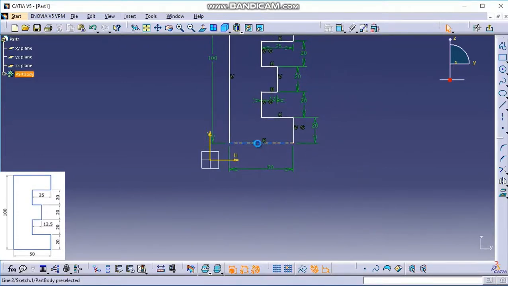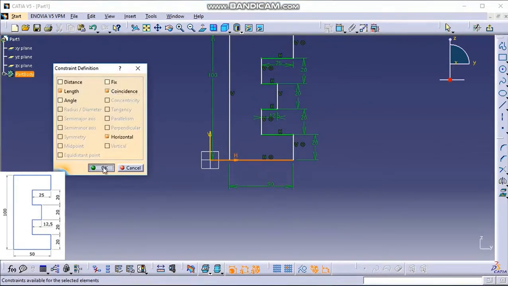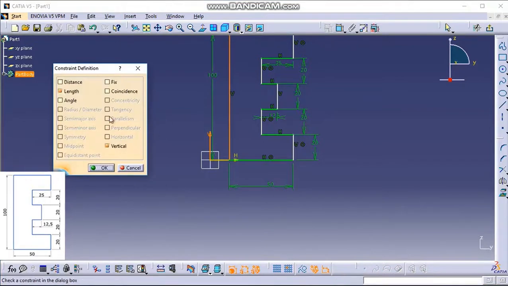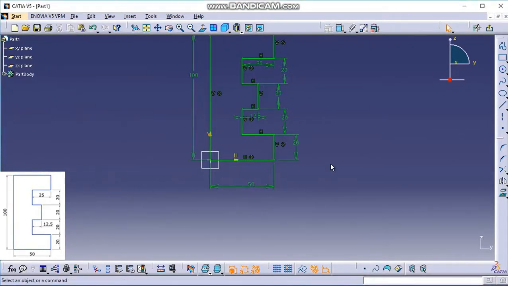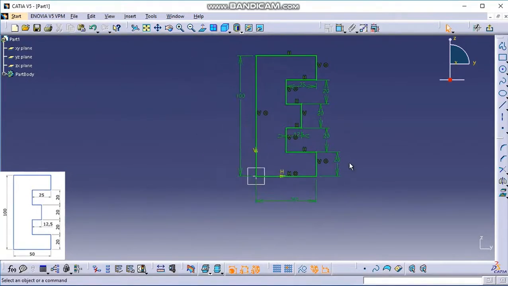Now I'll click on this line and horizontal axis, click on the dimensional constraints, coincide. Click on this line and this vertical axis, select this dimensional constraints, coincidence. Click on OK. And you can see our entire figure is constrained. So we have achieved a fully constrained geometry of example 1 drawing.